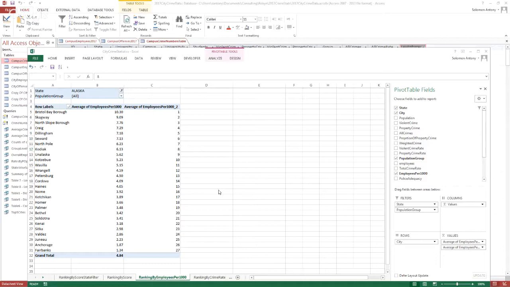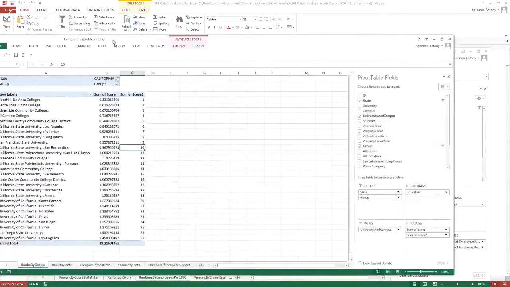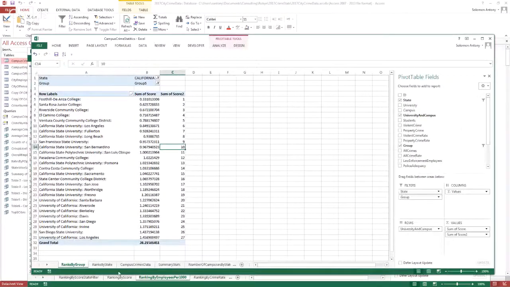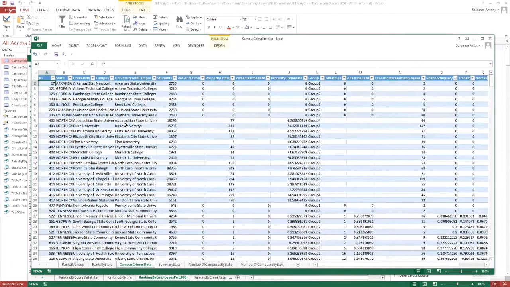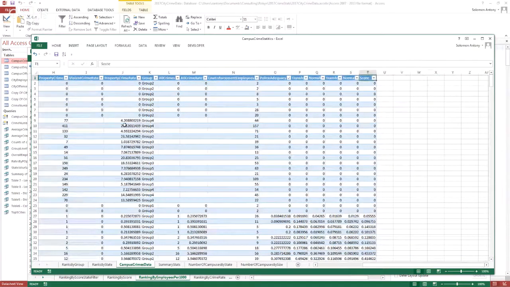Okay, here you go. So here's campus crime statistics, and the original data set is right here. This is what I originally got from the FBI website, and after doing some transformation, I got the data similar to the city offense data.